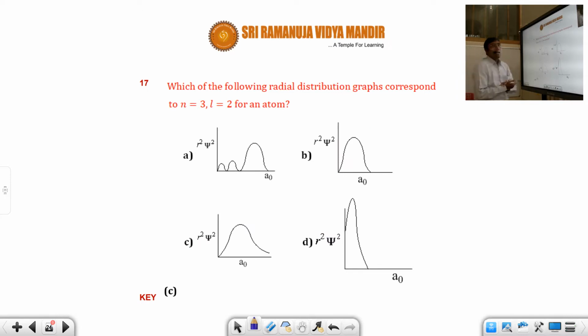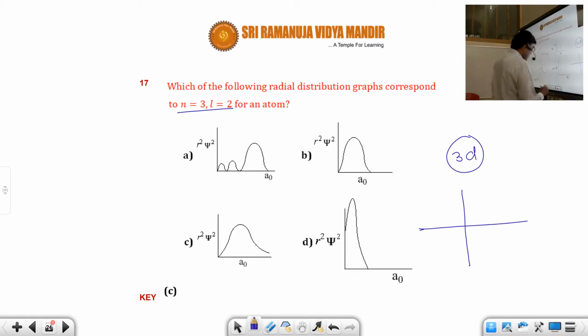Now in the last lecture, I don't know whether I posted it, you have seen or not, I'm unaware. I discussed about the radial probability function. So that is the question associated with it. n is equal to 3, l is equal to 2 means what orbital? 3d orbital. For a d orbital, any d orbital if you take, at the nucleus, this is the nucleus, electron density is 0, that is there is a node. That is the reason why it must start so near the nucleus here.